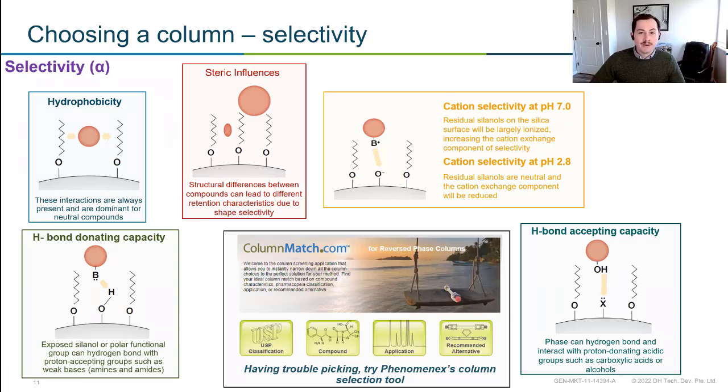So some of the more common techniques that are used would be hydrophobicity. So this is great for neutral compounds versus something like a steric influence. And a steric influence is really more dependent on your compound structure. So different structures will interact differently with that stationary phase. You can then get into something like H bonding, H accepting and H donating capacity. And those are going to work for different compounds. For an H donating, we're talking about sort of amines and amides, more bases, versus H accepting, which we're talking about more acids. But regardless, we really want to choose a column that works for your analytes.